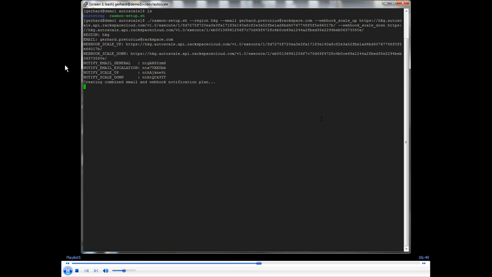So when the script finishes, you'll see that it creates a notification plan, and the notification plan's name is plan, email, and webhook AS for Autoscale Web HKG. Take a note of that name because you'll see us use that a little bit later. And that's all we have to do, luckily, on the command line to set up the monitoring, set up these notifications in the notification plan, and then we are ready to